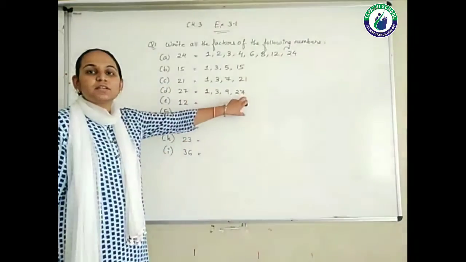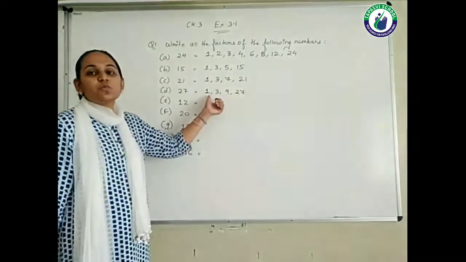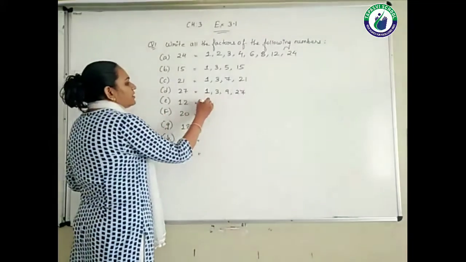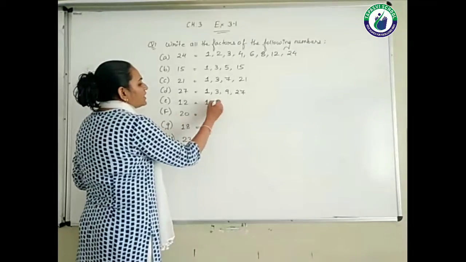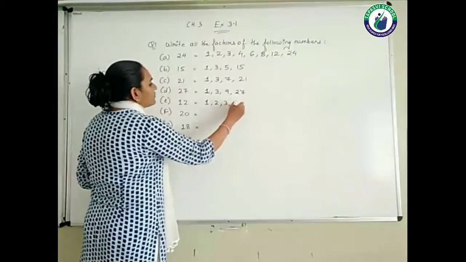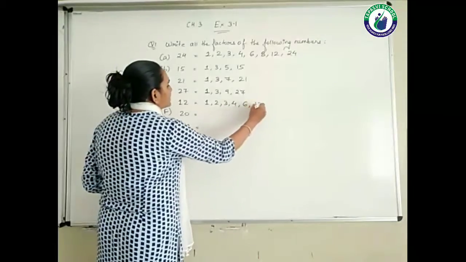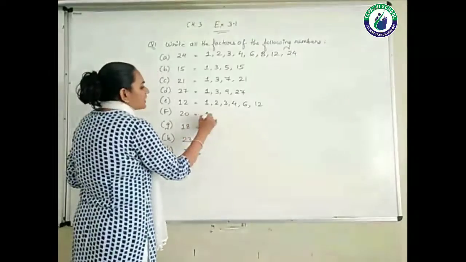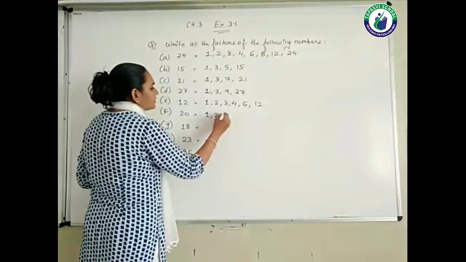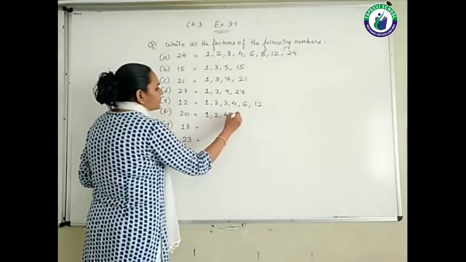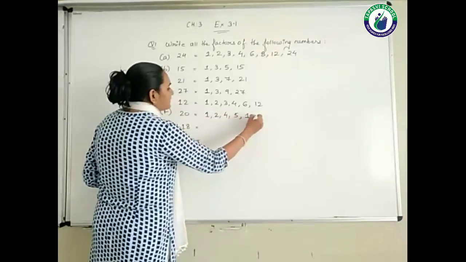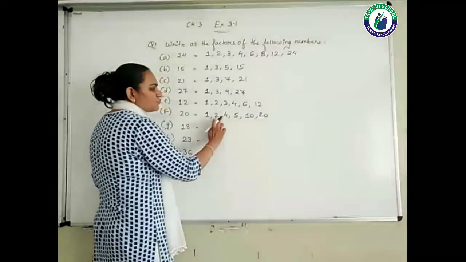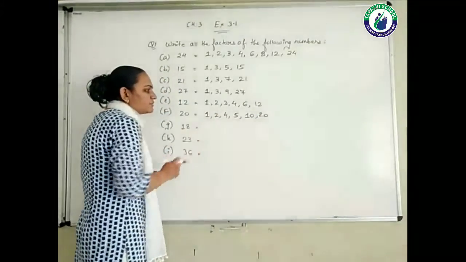Factor है तो last में itself ही आएगा, and the initial always starts from 1, as I already told in the previous lectures also. 12 is divisible by 1, then 2, then 3, then 4, then 6, then 12 itself. So 1 12s are, 2 6s are, and 3 4s are. 20: 1, then 2, then 4, then 5, and 10, and then 20 itself. 1 20s are, 2 10s are 20, 4 5s are 20.